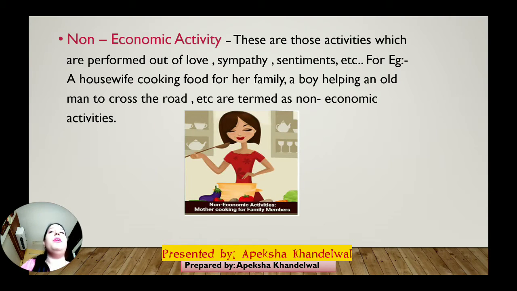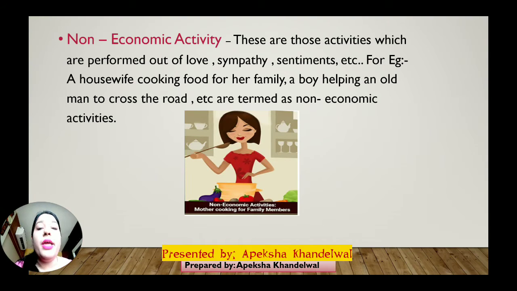Like for example, your mother is cooking food at home, and she is serving you. Is she asking for any fees or salary in return for it? That I am cooking food for you, please give me the amount of salary that is eligible for me. No. So why is she doing that? She is doing it out of the feeling of love, concern. Am I right?